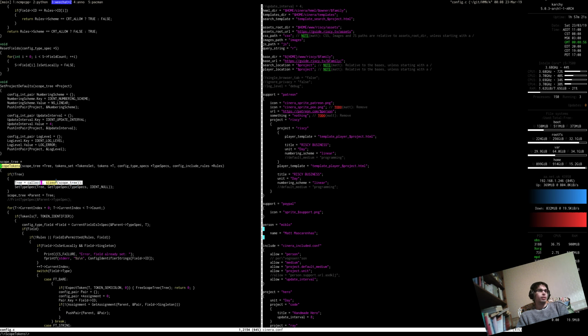It would calloc it, set a type spec, and then having done that, it would just push on our default support. Does that make sense? And also, rather than doing the set project defaults, just push these things onto the root scope as well,